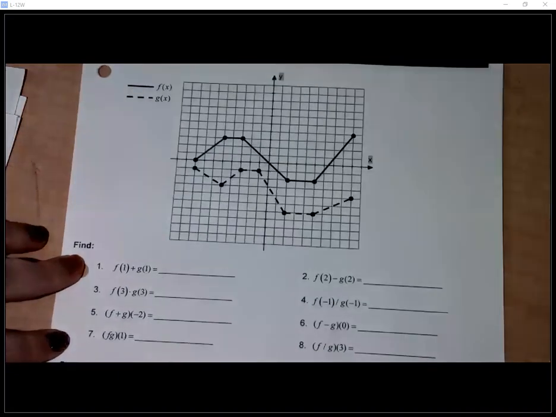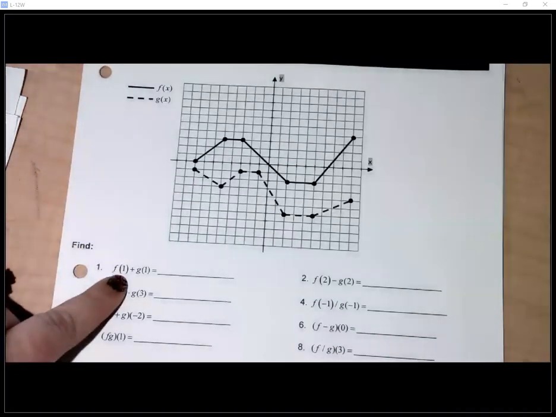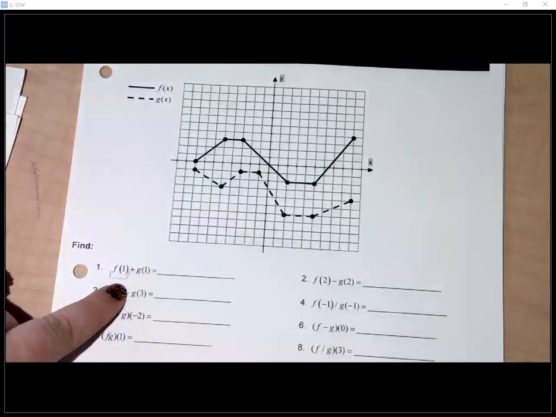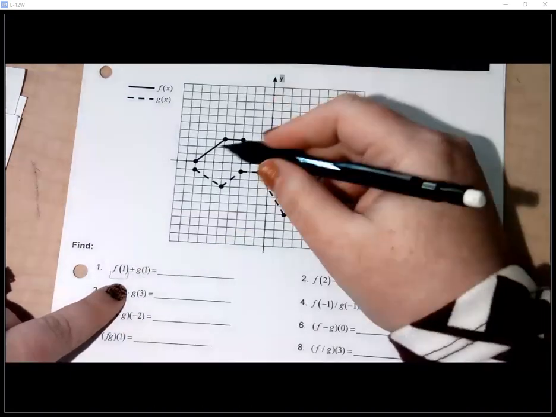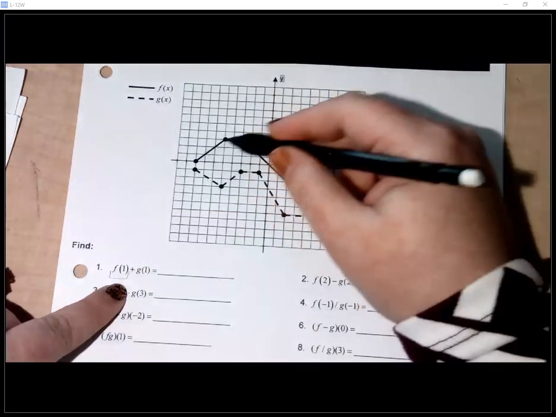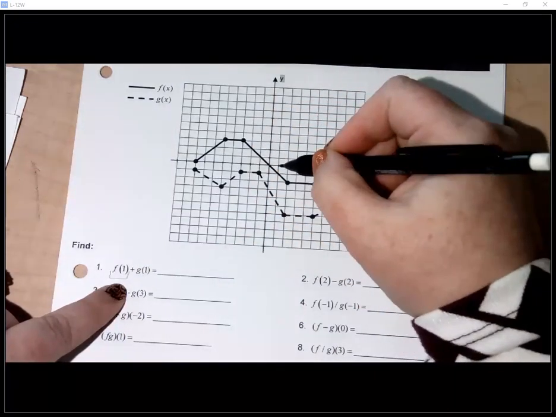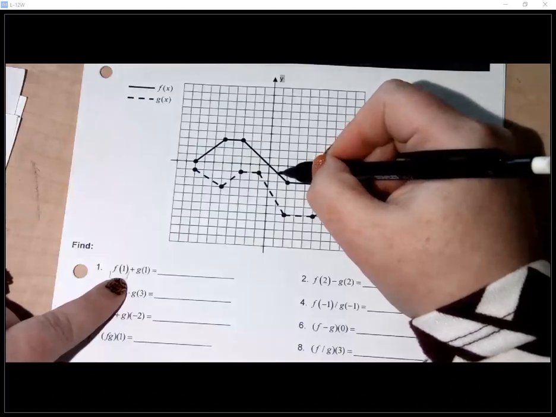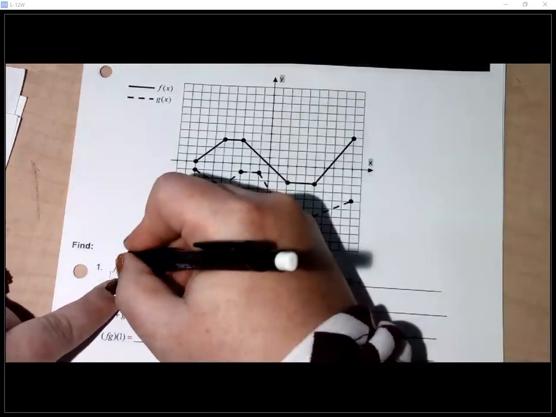If I wanted to find the value of f of 1, everybody tell me what they think this is. What is f of 1 equivalent to? Yes, if you follow the graph, the solid is the f function. At 1, its value is -1. Do you see that? So f of 1 is -1, and we're just going to add to that g of